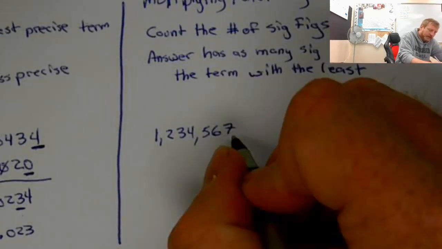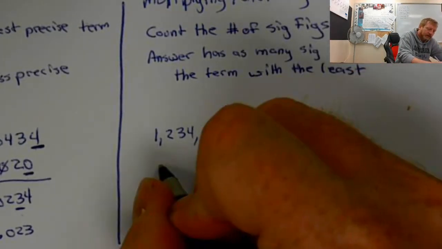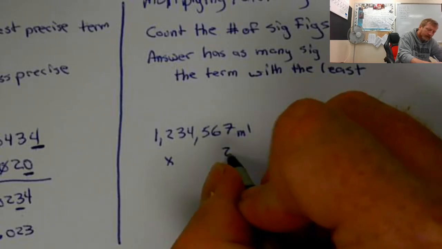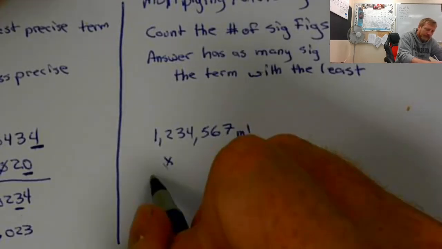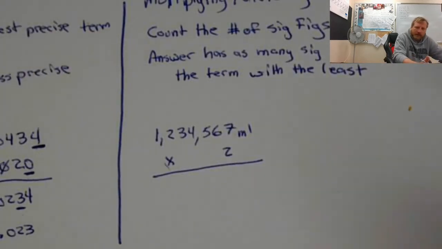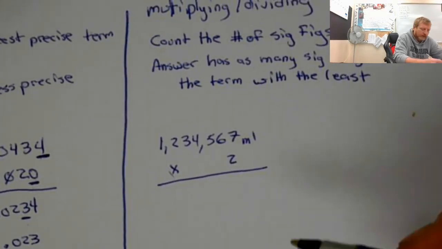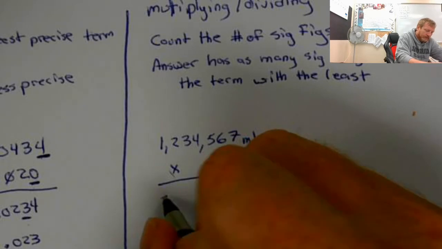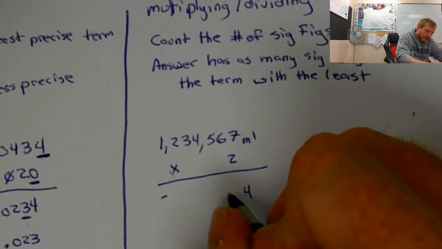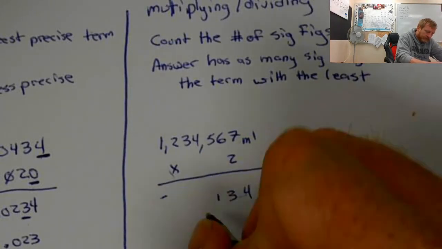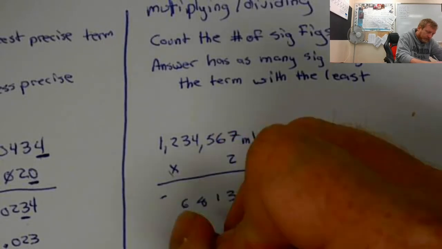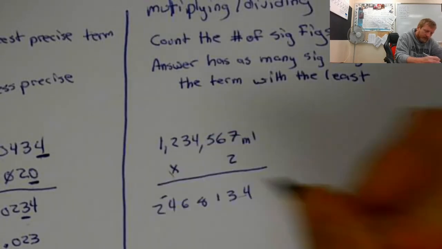And again, we got to make sure that these are measured numbers. Again, if they're counted numbers, you just do the math the same way you always did. But anyway, I've got this many milliliters, and I'm going to multiply it by 2. So I'm going to say, well, there's my raw answer,